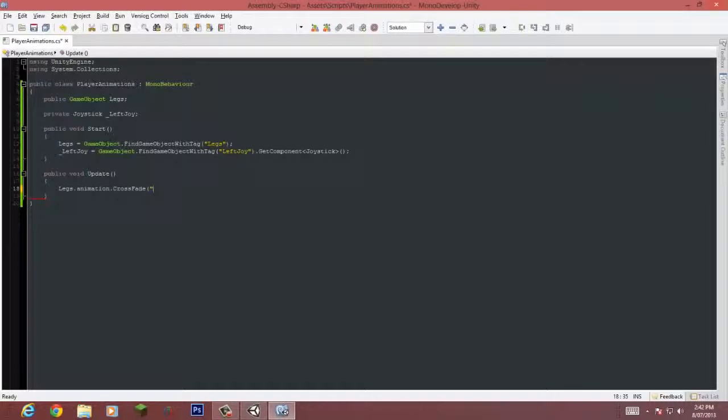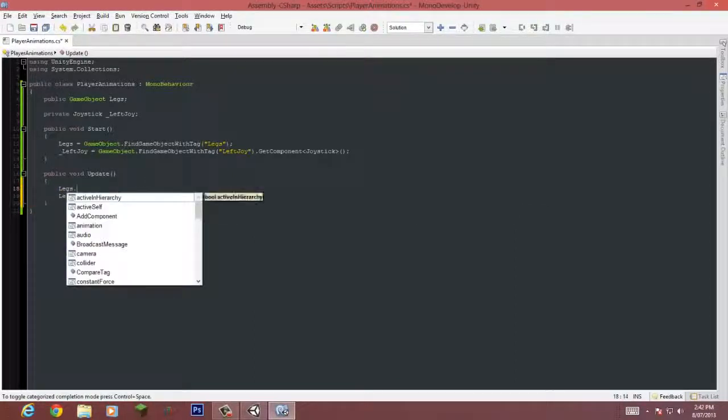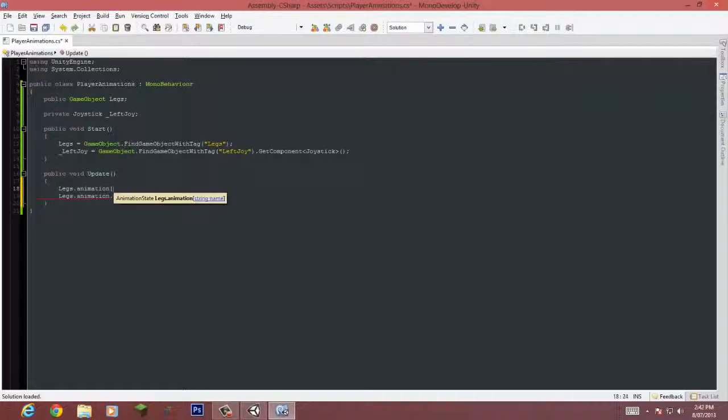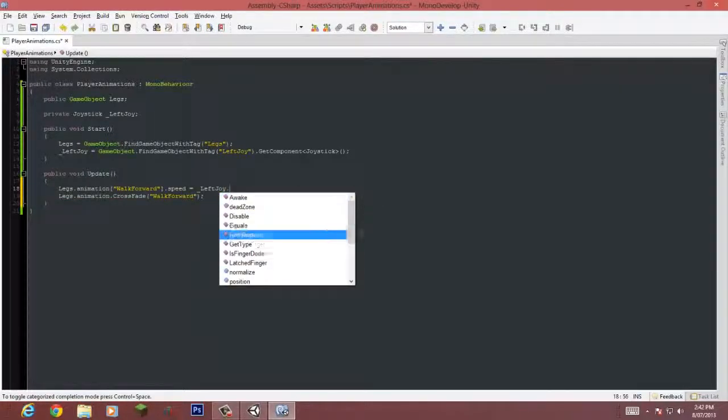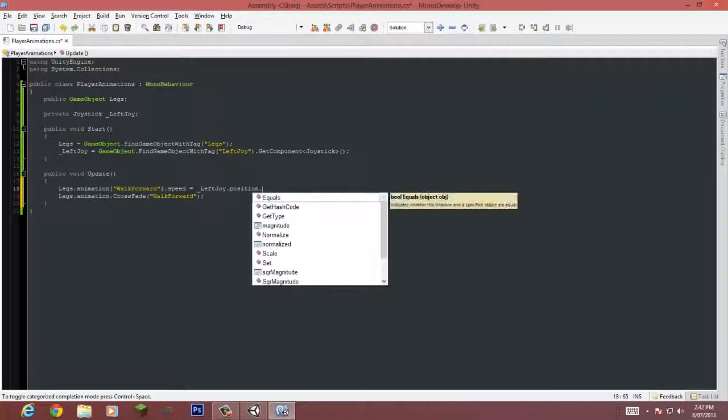It was called walk forward. And then we want to do legs. Actually, we want to get the speed first. So we want to go legs.animation, and then open this. We want to get the walk forward.speed equals underscore left joy.position.y